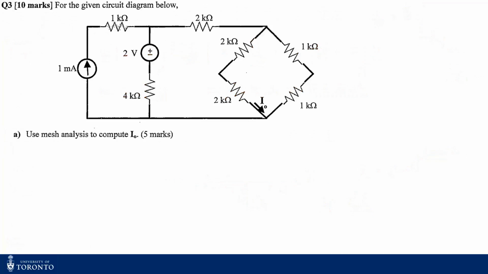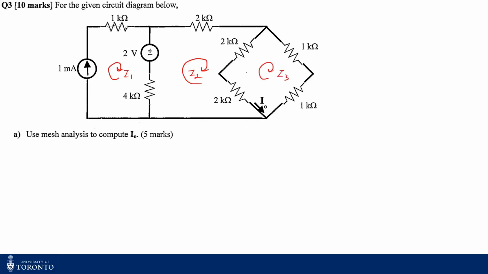Now we move to circuit. So you see this is question number 3, and they have asked you to find out the current I naught using mesh analysis, right? So now we see that clearly we have 3 loops here. So I can consider this to be my loop 1. So I consider this is I1, this one is I2, and this one is I3,